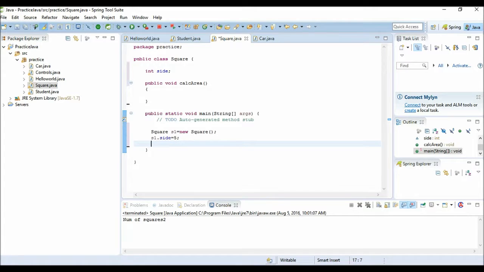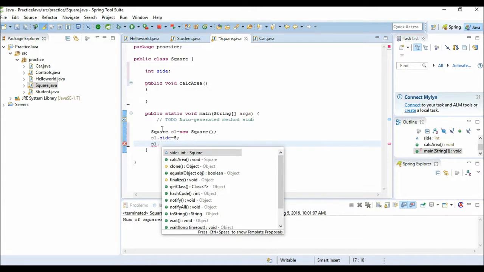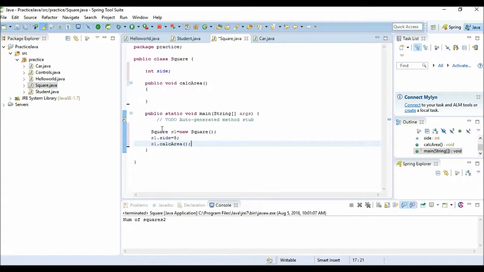So we can access the data member using a dot operator, with the reference name, then the function name, and we can call the member functions. So these are the data members and member functions which we can access through the reference variable created when we create an object using the new operator, and we can access them using the dot operator. So now we are initializing this